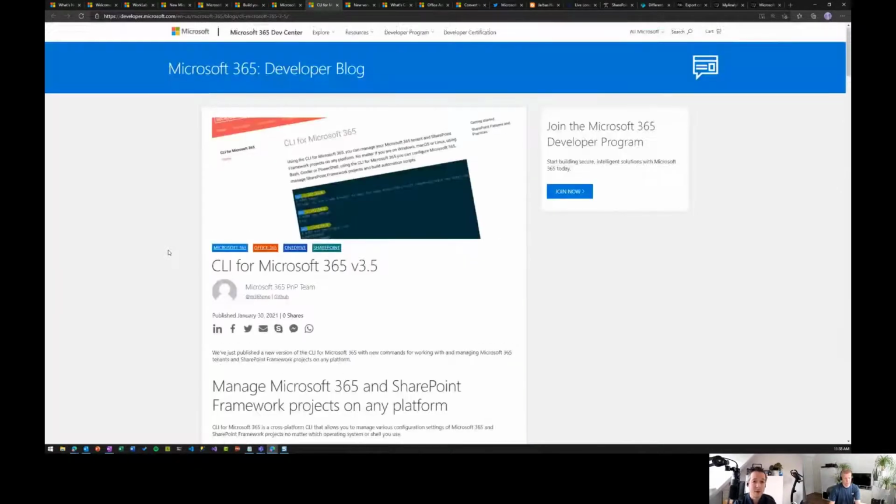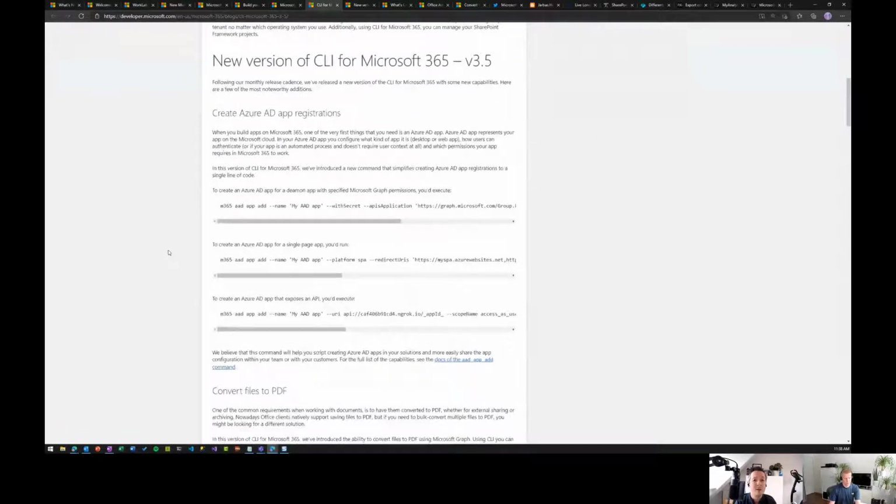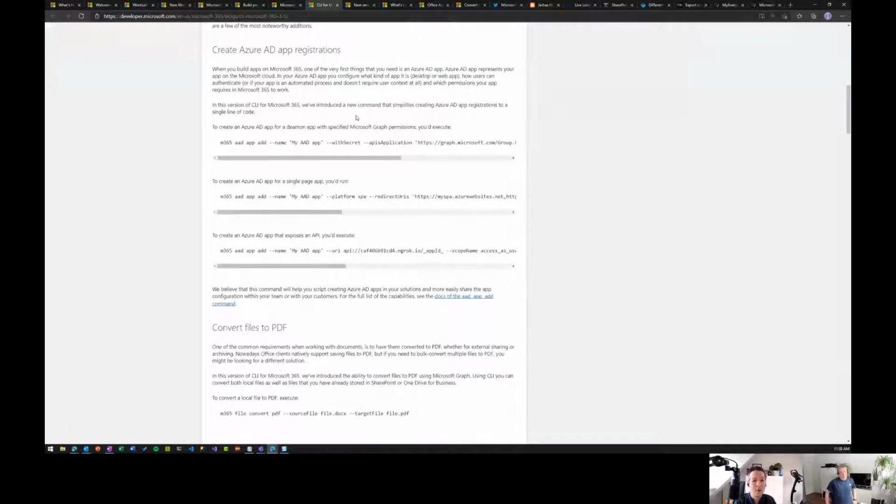Whenever you build something on 365, the first thing is auth. You need to have auth. The way we do that on Azure, you have to have an AAD app. And typically, what you see now on the screen in a single line, you would need a whole script that goes through creating the app, setting the owners, granting permissions, resources and whatnot. So we try to simplify it to a single line that you could type, as opposed to having to build a complete script. We see this as a great improvement.